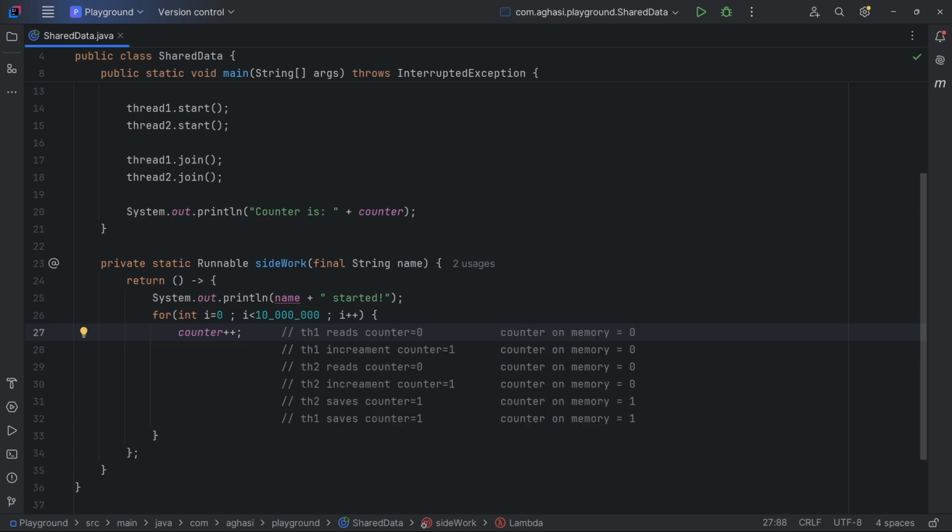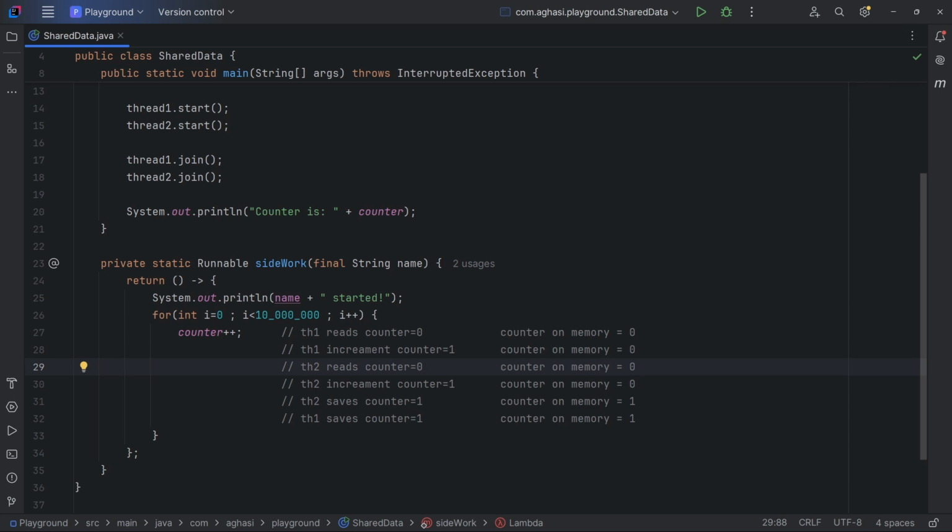What could happen is that first thread 1 reads the current value of counter from memory, which is 0, and stores it in a CPU register. Then thread 1 increments the value in the register to 1. But before thread 1 can write the new value back to memory, the scheduler switches execution to thread 2.